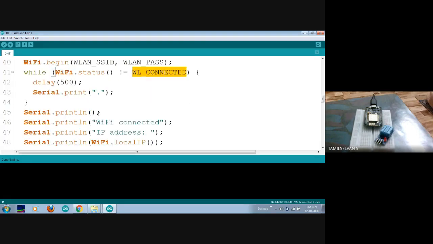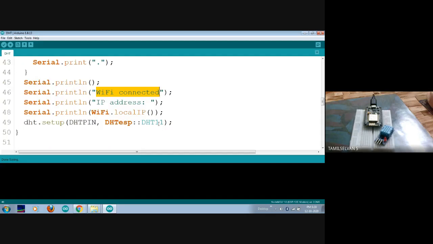Okay, and it will give you a new line and update my status as Wi-Fi connected. Okay, and each and every device that I connect to my Wi-Fi router will be allocated a local IP. So if I want to know which particular IP my IoT device is utilizing, I can see it through a function called WiFi.localIP.